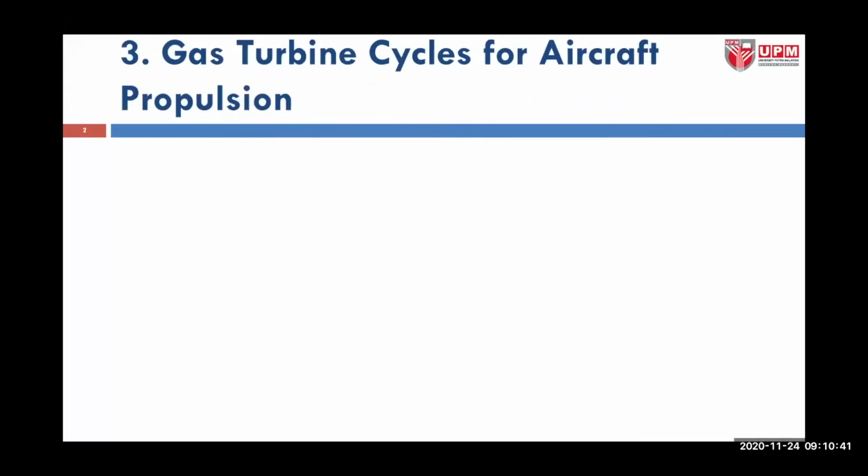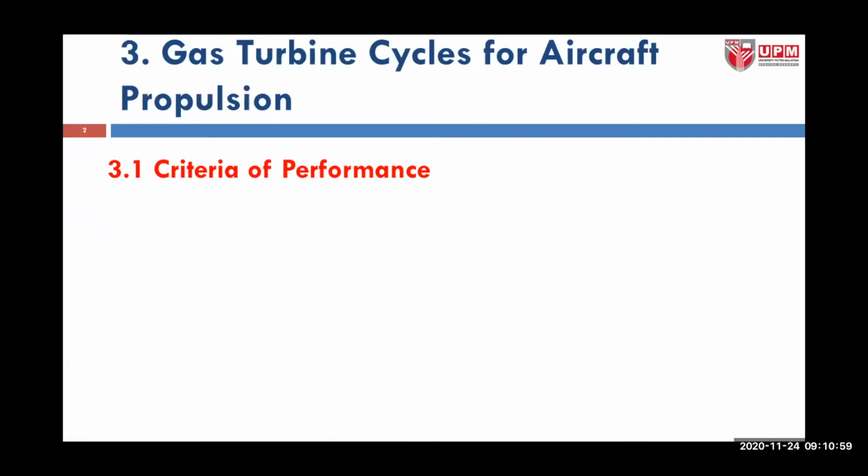So for today we are going to continue our lecture on the third chapter. We have completed the shaft power cycle, and for today we are going to look at a new topic. The topic for today's lecture is gas turbine cycles for aircraft propulsion. We have already looked at the shaft power cycle, so many configurations and some examples on efficiency and cycle